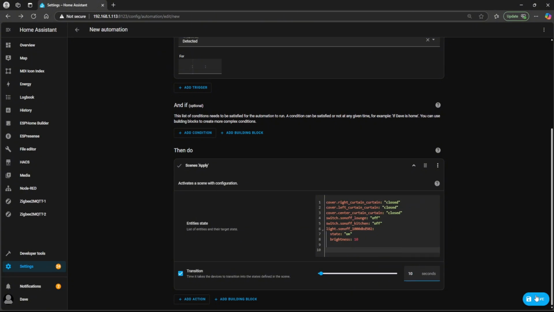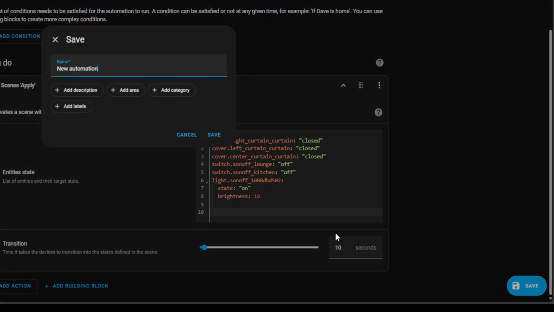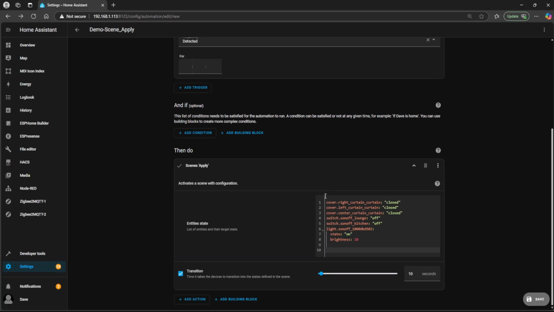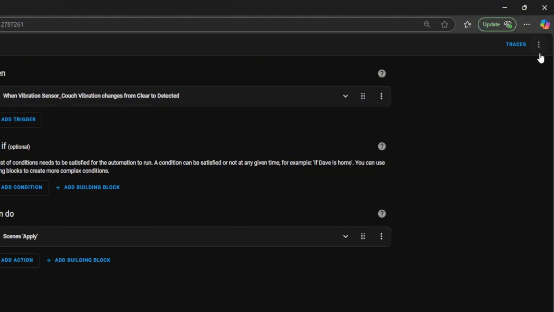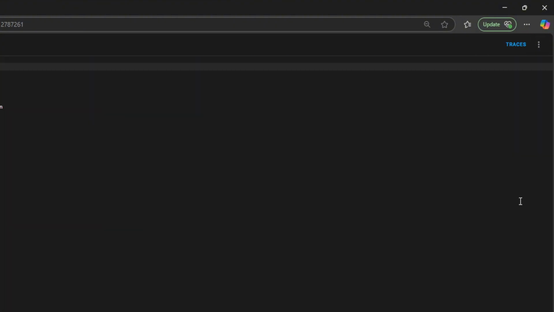I'm now going to go ahead and click save. And then I'm just going to give it a name. And I'm just going to call it demo scene apply and click save. Now, before I come out of that, I'm just going to show you the whole YAML. So if you click on those three dots here and then select edit in YAML,